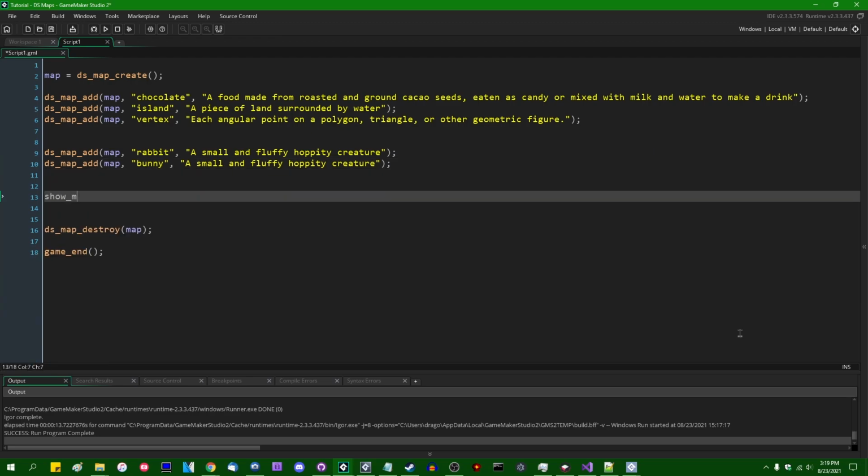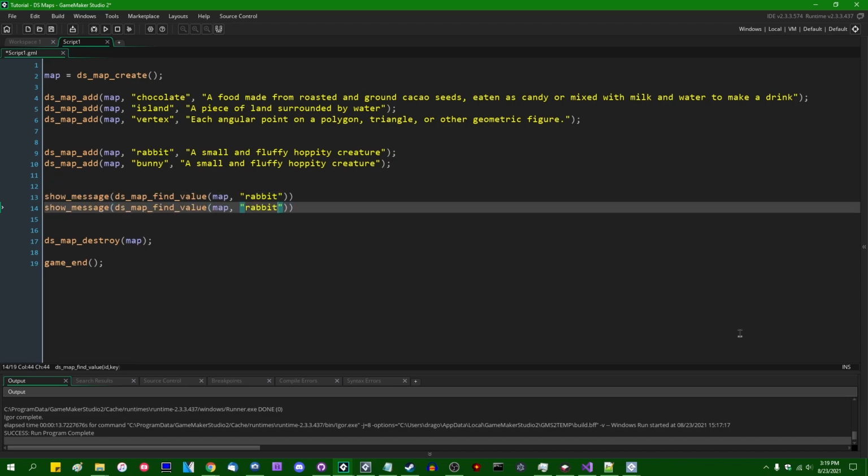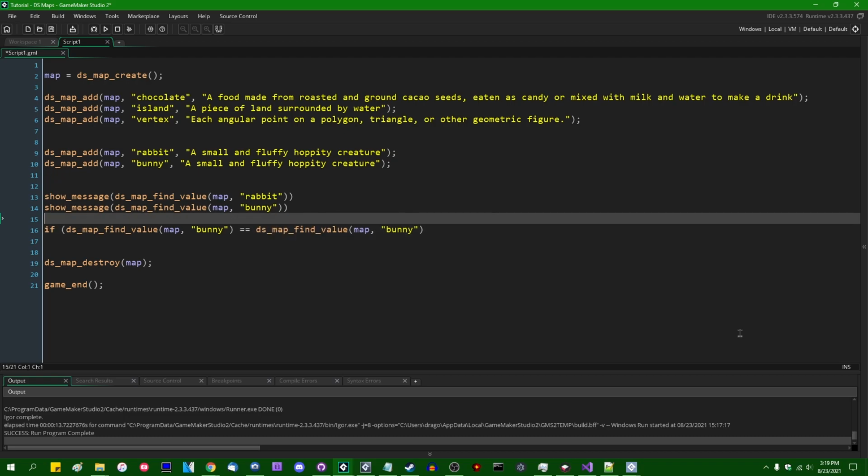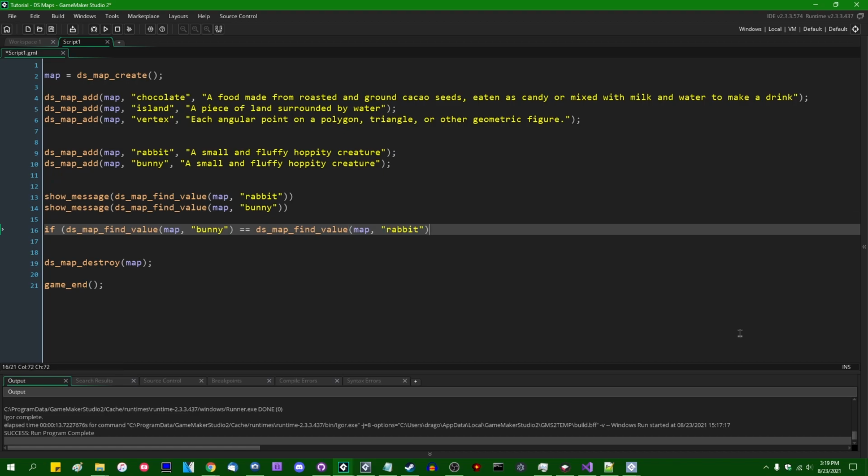We could show_message ds_map_find_value rabbit in our map, and then we could ds_map_find_value bunny. And we could also compare these two values. We could even go a step further and say if ds_map_find_value bunny is equal to ds_map_find_value rabbit,